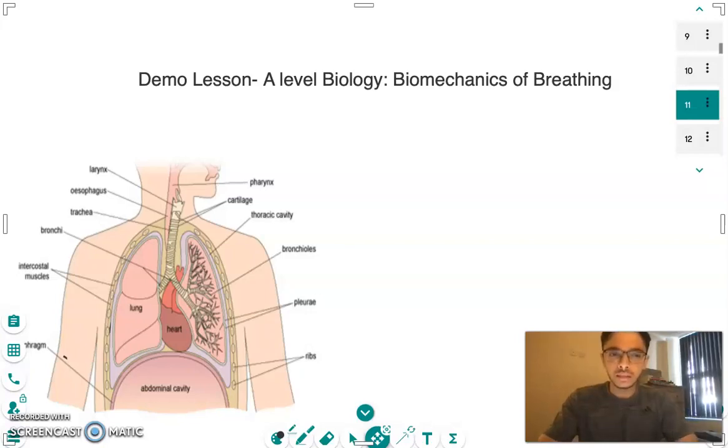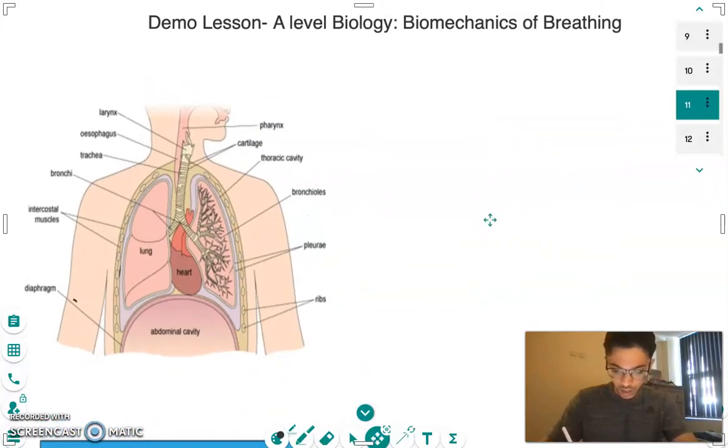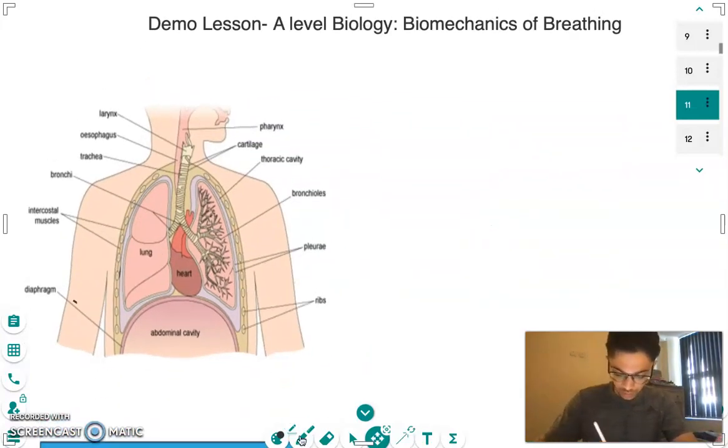Biomechanics of breathing essentially just means how a person breathes, how inspiration and expiration occurs. Inspiration and expiration is obviously very important because it determines how air gets into the lungs. So before we actually go on to how inspiration and expiration works, I think it's very important to just understand some of the basic underlying structures which will help us further along when we start to look at inspiration and